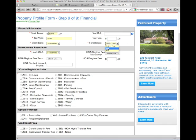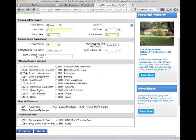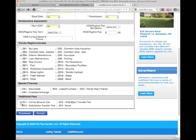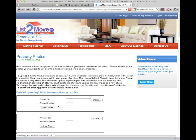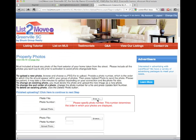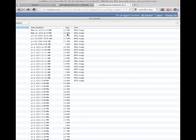Foreclosure, no. Short sale, no. HOA, no. And we're just going to go again and finish. Okay, so the next thing you're going to do once you finish your profile form is upload the photos. Now let me browse. See, I messed up here, and I'm going to browse,